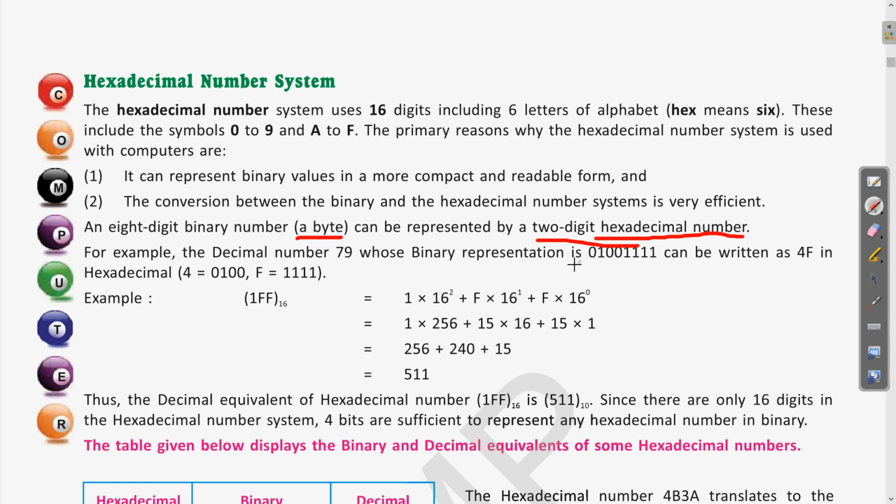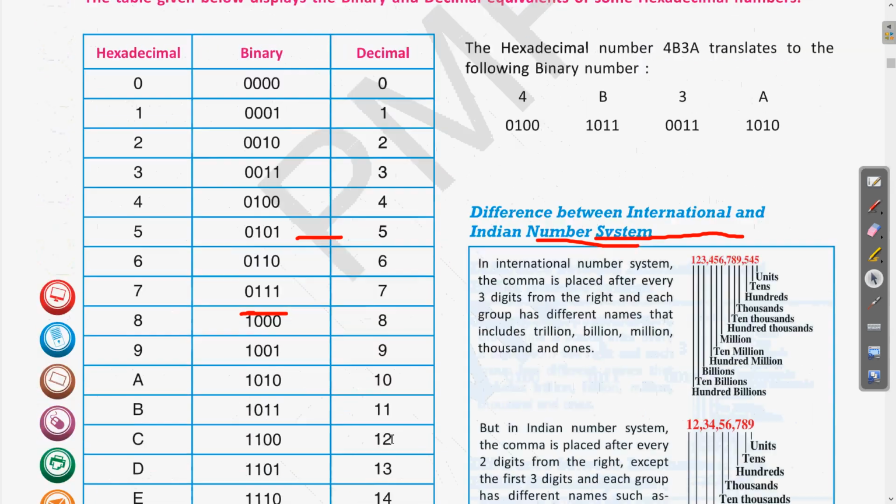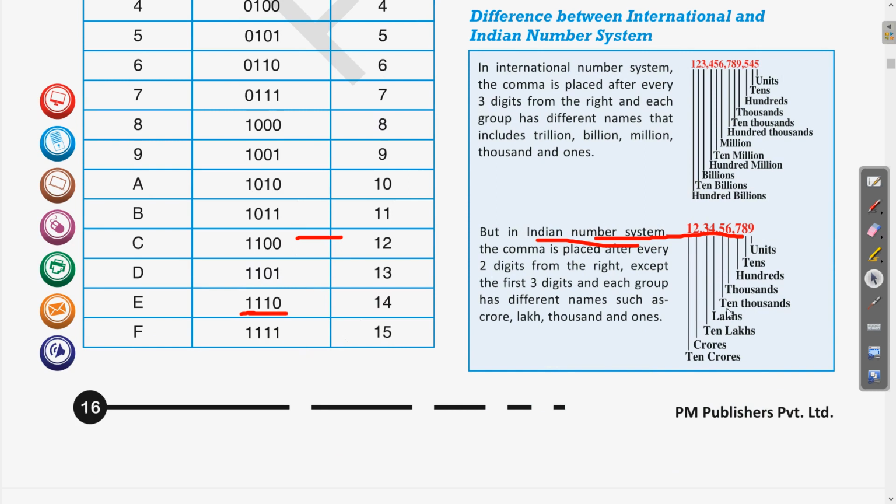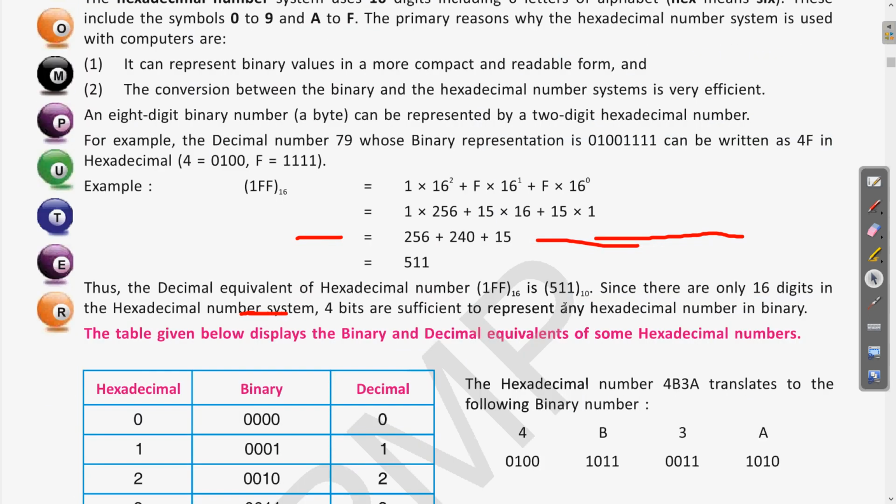When we take the example, it will be more clear. So for example, you can see here 1FF. This is a hexadecimal number. Yes or no? 1 is the normal one. Then F, what do we use for F? F is 15 in the hexadecimal. We have just seen in the table below that F is 15. You can see here also that F is noted as 15 in the decimal. If the hexadecimal digit is F, its decimal equivalent will be 15. Okay, now come to our question.